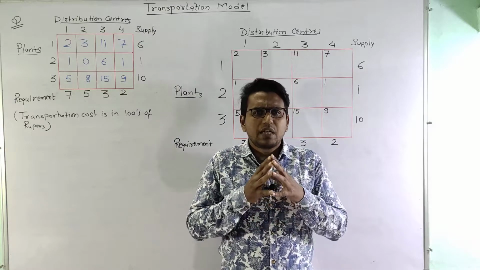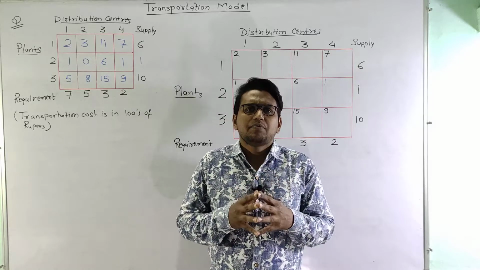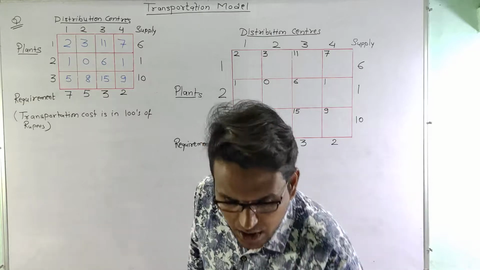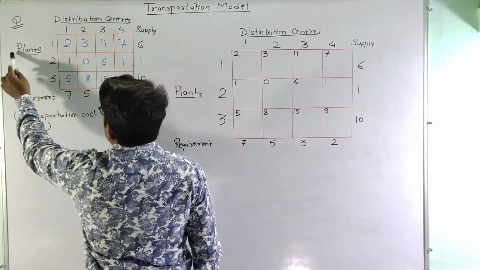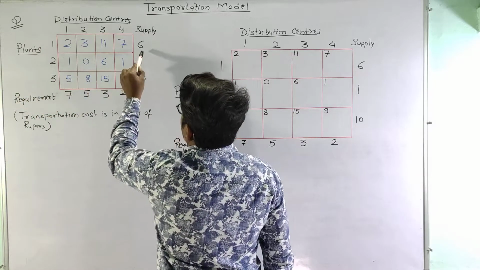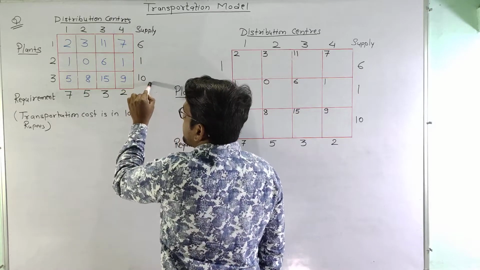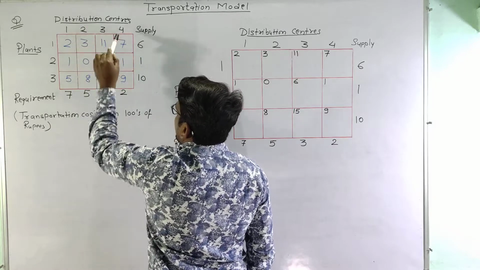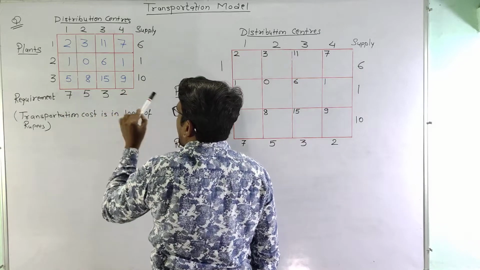So today I have come up with a very interesting problem which will make your concept of the transportation model clear. So let us start with the problem. The problem says that there are three plants 1, 2 and 3 with supply as 6, 1 and 10 respectively, and there are 4 distribution centers 1, 2, 3, 4 with the requirement as 7, 5, 3 and 2,